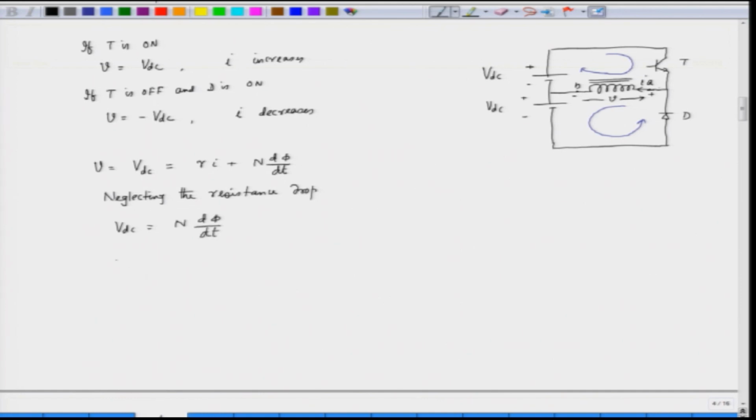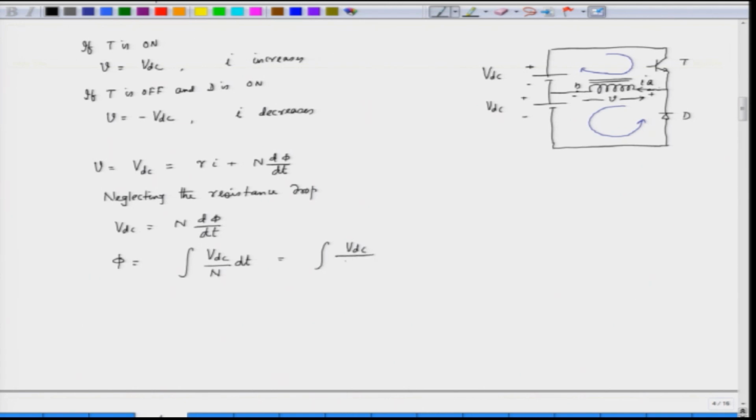So, what is φ here? φ is the flux, that is equal to the integral of VDC by N into dt,